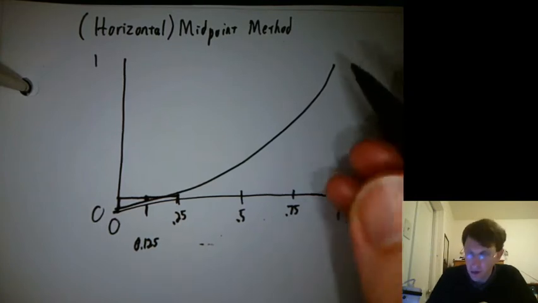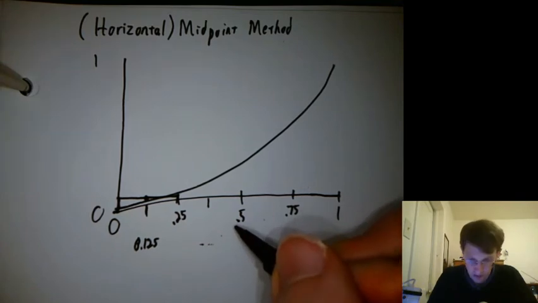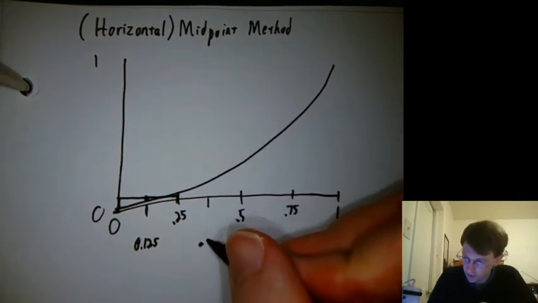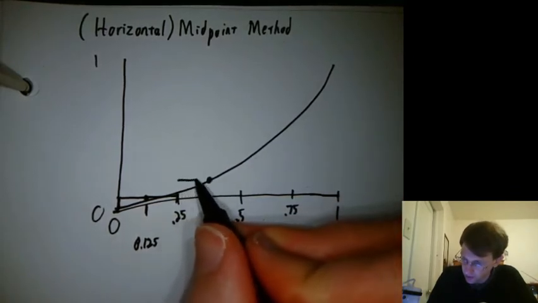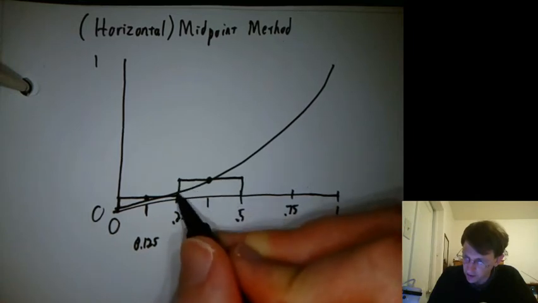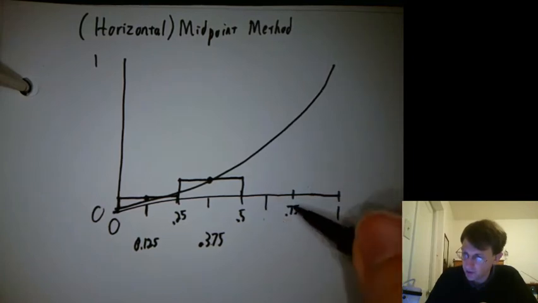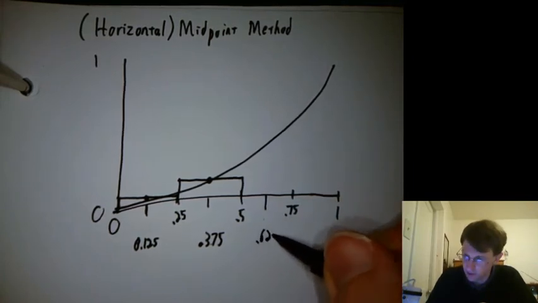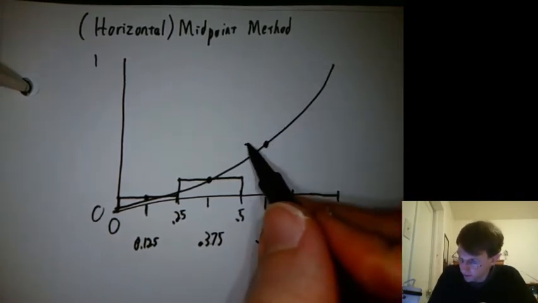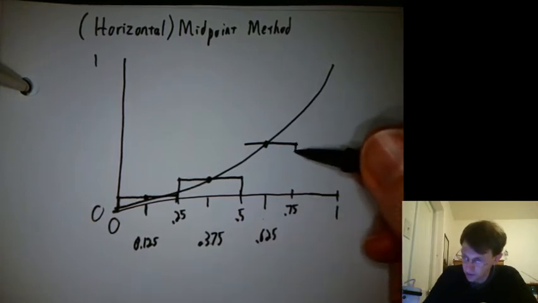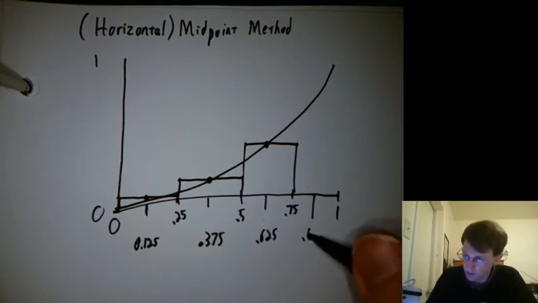I guess my axis wasn't quite straight, but that's okay. And then what's the midpoint between 0.25 and 0.75? It's 0.375. And I'll go up to the curve from there, and then I'm approximating the curve as constant in that region with that y value. And what's the midpoint between 0.5 and 0.75? That's 0.625. So I'll draw a point on the function there, approximate the function as constant in that region with that y value. And then our last one is 0.875,